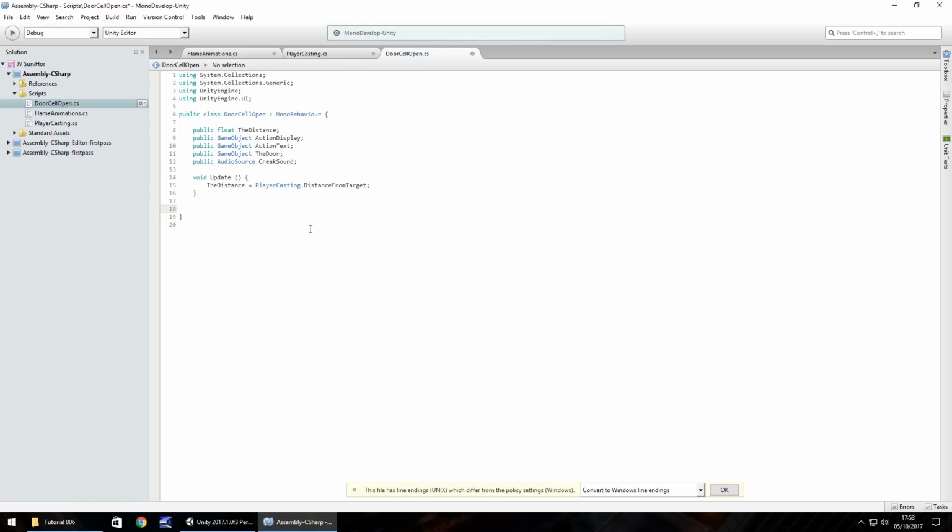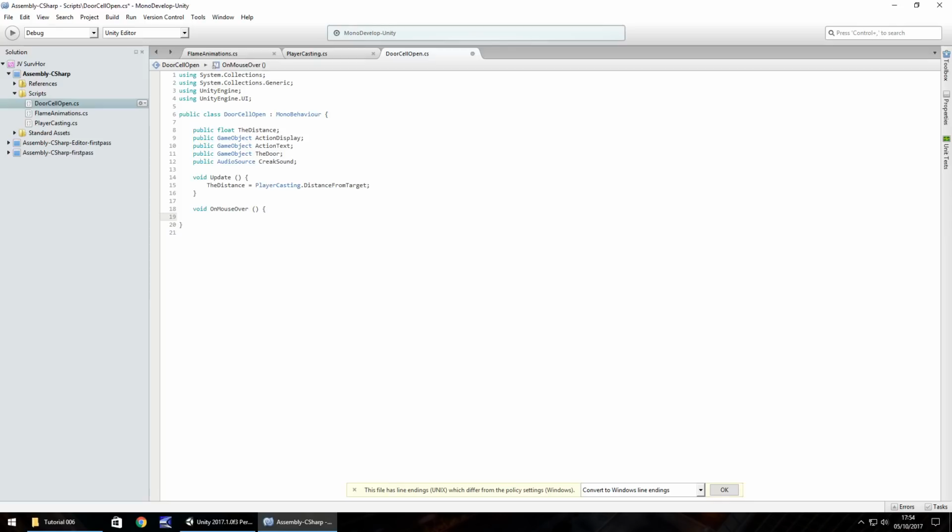So obviously we have the inverse of that as well, which is on mouse exit, but that one is a very simple one. It's this bit that's a little bit complicated. So void OnMouseOver, open close bracket, open curly bracket. And the first thing we need to do here is check if the